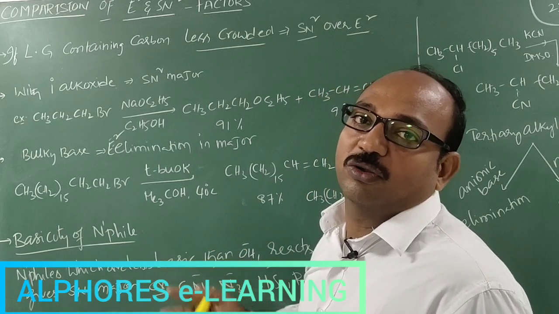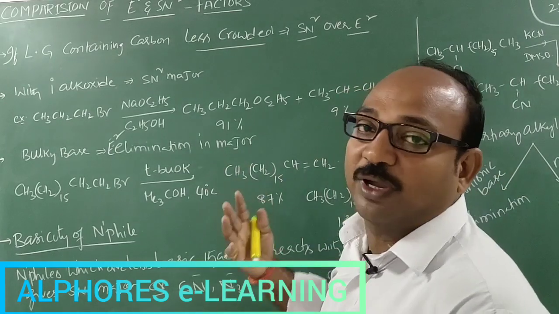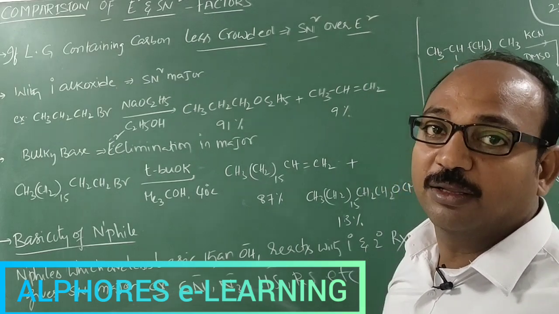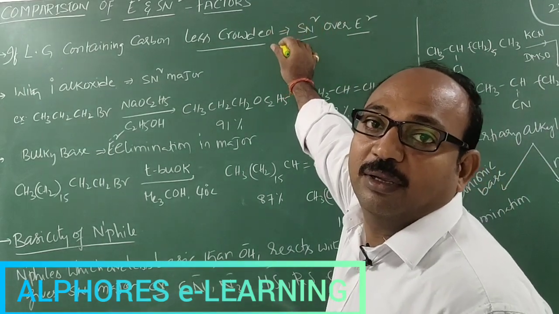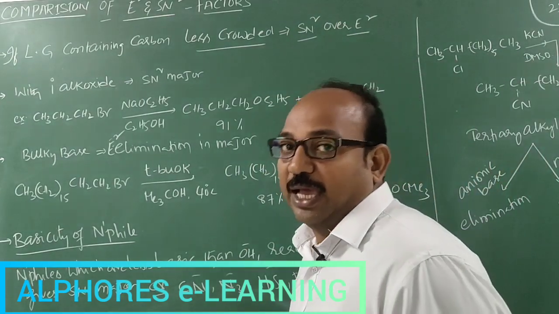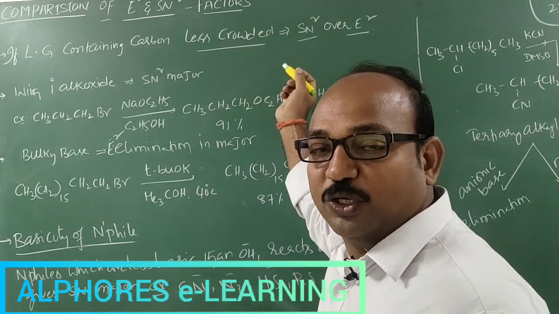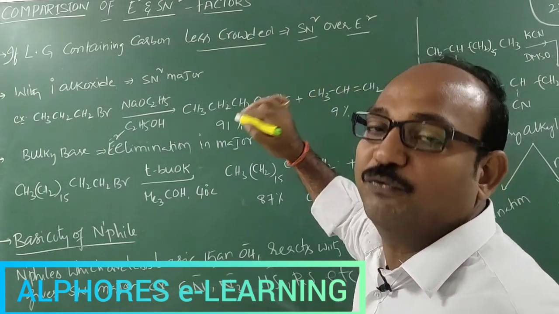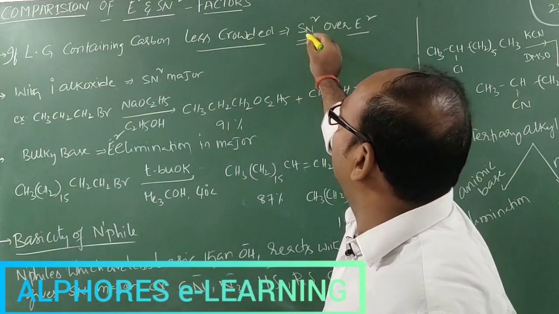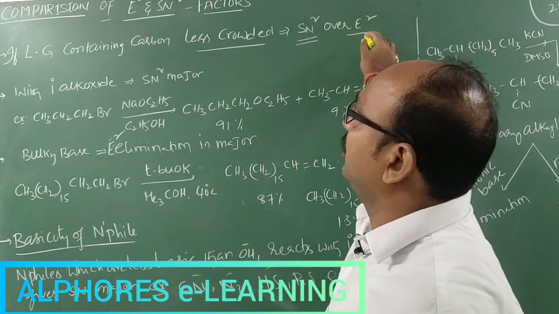If the crowd is more, then the approaching nucleophile or base, obviously the approaching one prefers to behave like a base rather than a nucleophile. So if a more crowded carbon consists of the leaving group, in such a case the attacking species behaves as a base and abstracts a proton from the alpha carbon with respect to the leaving group containing carbon, simply from the beta carbon. So ultimately, if a less crowded carbon consists of the leaving group, then we are getting SN2 product over E2 product.